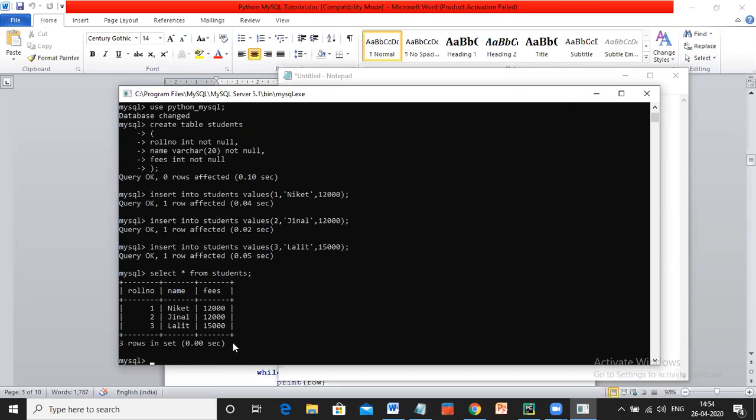So you haven't put a space between roll numbers. Is there some rule for that or no rule? You're speaking about create table, the roll number column. Always remember when you give a column name, there will be no space. If there is a space, an error will come. If you want to keep a space